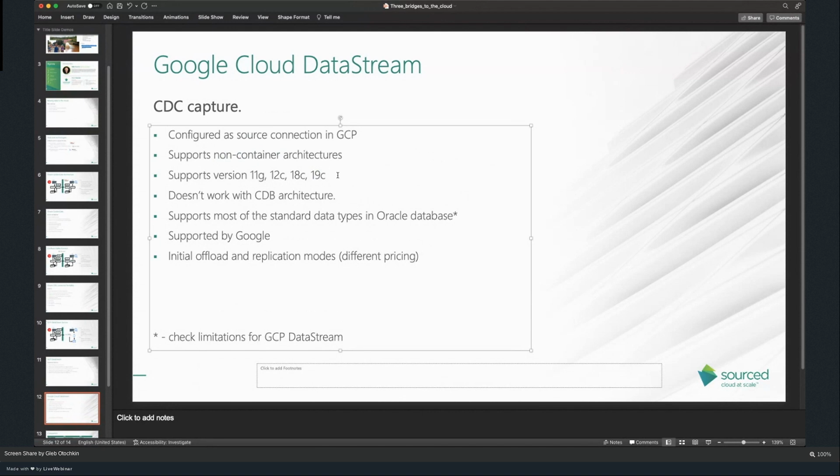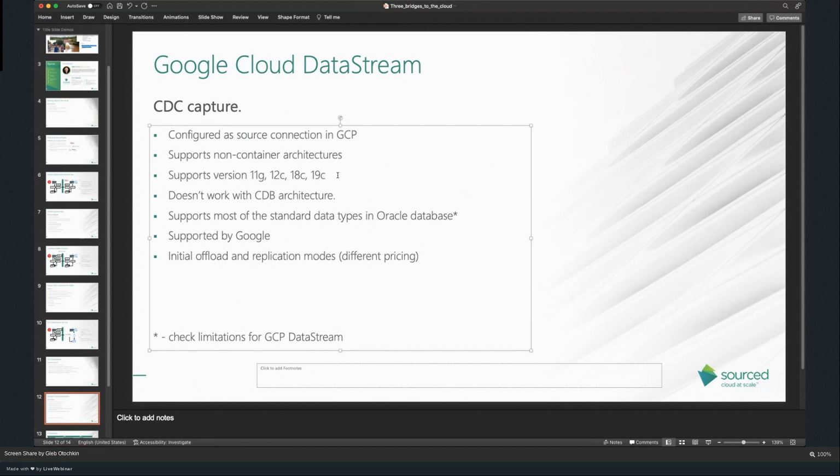It will just create your dataset on the destination side in the storage bucket. But as soon as you try to change some data and switch the archive log, it will provide an error. It cannot replicate the data from a pluggable database. That is what I found. Of course, again, it is from my test. I'm not working for Google. Maybe I'm doing something wrong. Again, it is what I see in the behavior and in the documentation as well. So it doesn't work with CDB architecture.